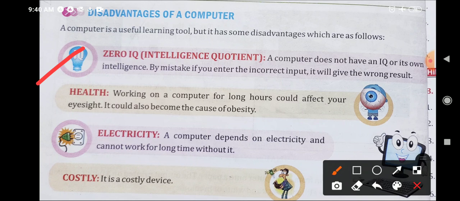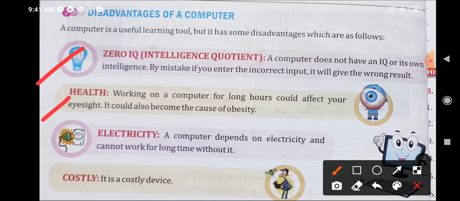If the answer is not coming correct, we will tell the person that you have given us the incorrect question, right? But it is not happening in the computer. If you have given incorrect input, it will give the wrong answer to you. So there is no intelligence of its own in the computer. So zero IQ of a computer.